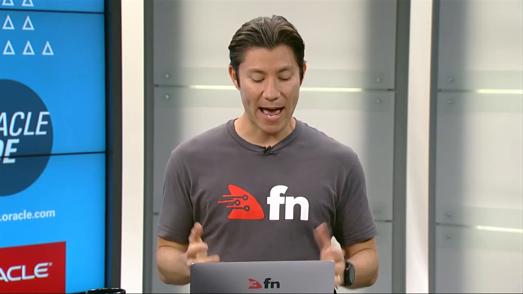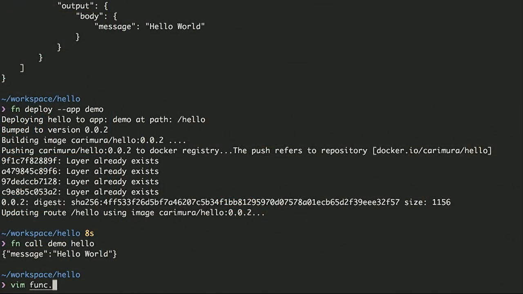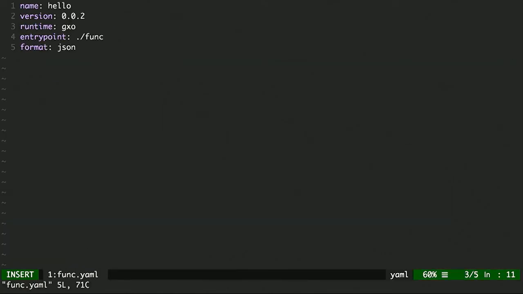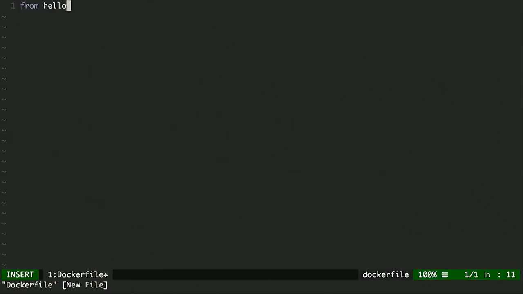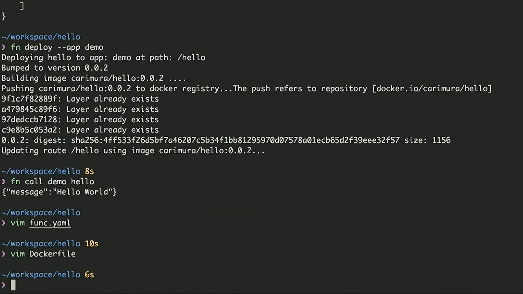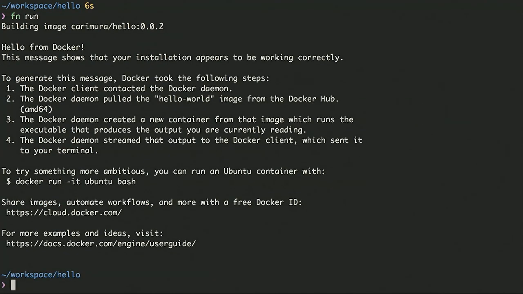So now I know we've been talking about Docker. We can use Docker containers as the native function. So let's go in and change our func.yaml. Let's change the runtime to Docker. And then I get rid of the format. I don't need an entry point. And let's create a Dockerfile. If you're familiar with Docker, this is basically just the most standard Hello World Docker example we can use. And now when I type fn run, I see the standard boilerplate text from the container that's hosted on Docker Hub, which is just the standard Docker image. We did nothing to modify it or customize it. It just works out of the box. And any container can be your function.